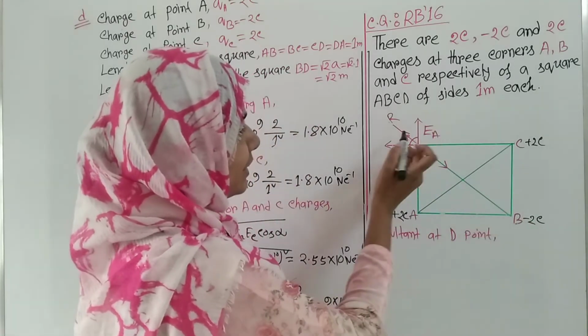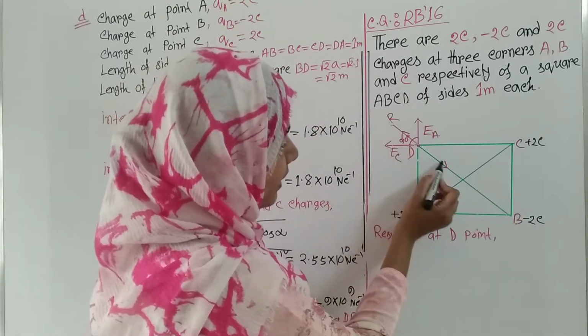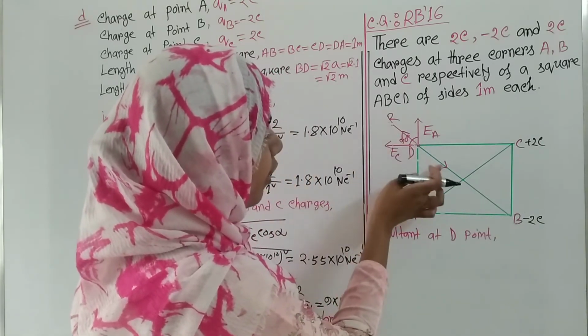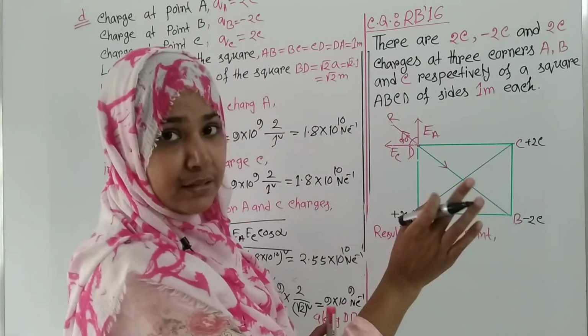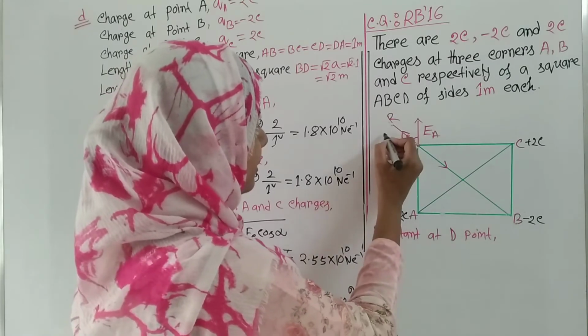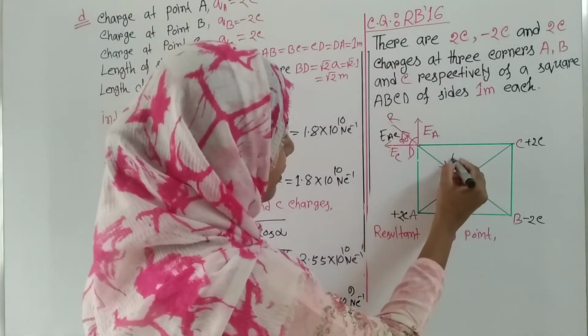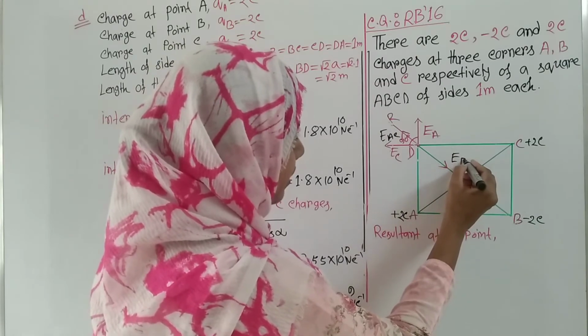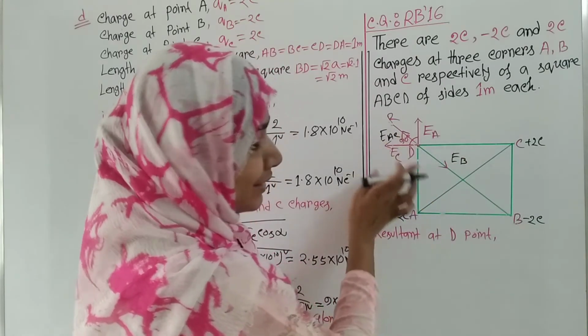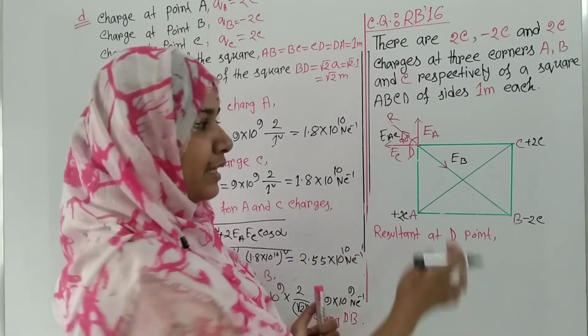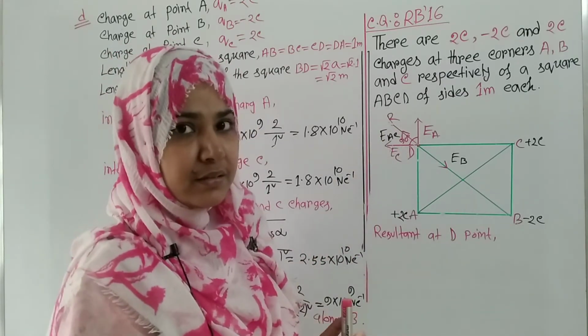So here you can see that it's a straight line, and the directions are opposite to each other. That is, this is EAC, and the direction of EB is opposite to it, and as the value of EAC is larger than EB,